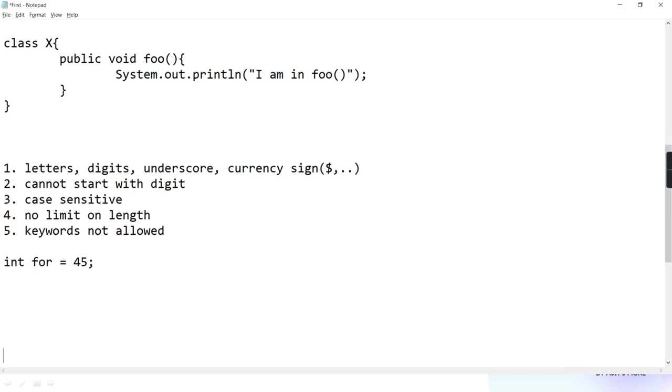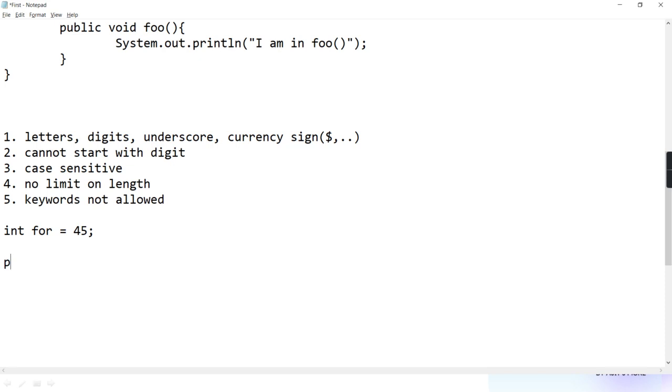Or I'm trying to define a method, public void while. Is it a legal name? No, because while is a reserved word and you cannot use it as the name of your method. You cannot use for as the name of your variable. It is not allowed. I hope you got it. So everything other than these 5 rules is not allowed.